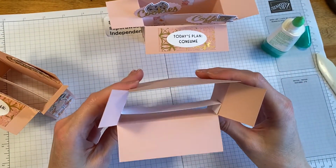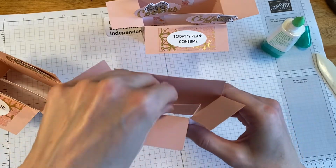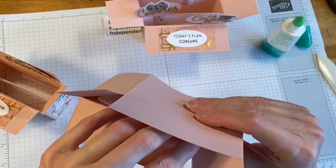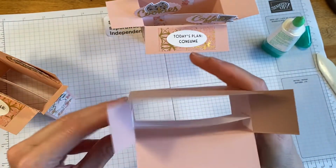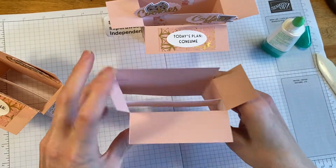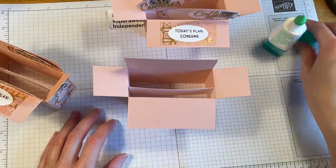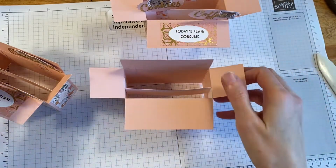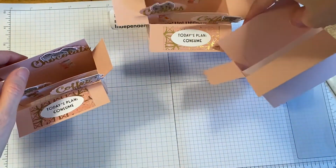And then you can kind of shut it. Just making sure, see, it kind of popped up a little bit, use your hand and kind of force it to where you want it, making sure it catches on that side panel and not the front panel. There. So that's how you assemble all your boxes. And I'm not going to assemble an additional sweets one with you. I'm going to swipe these away